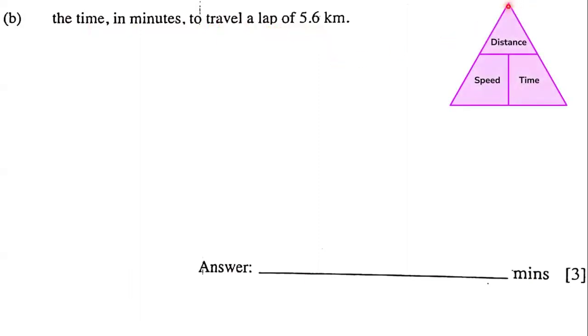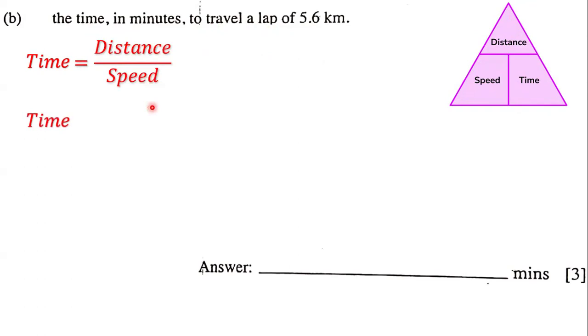Now, again, we have the speed, distance, time triangle. If we're trying to figure out the time, we have to take the distance and divide it by the speed. And so time is equal to distance divided by speed. What is the distance? Well, the distance is 5.6 kilometers. And what is the speed? Well, the speed, as we noted from the previous question, is 168 kilometers per hour. And all we need to do is divide. So we have to divide 5.6 by 168, and that gives us